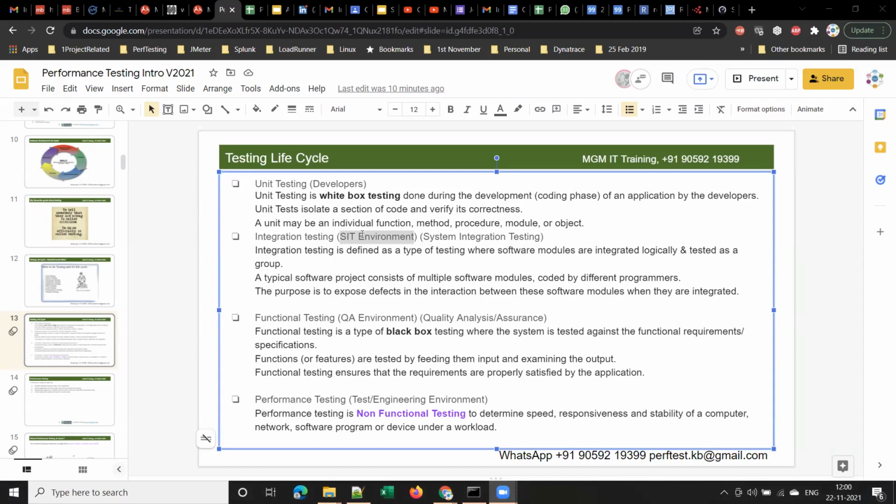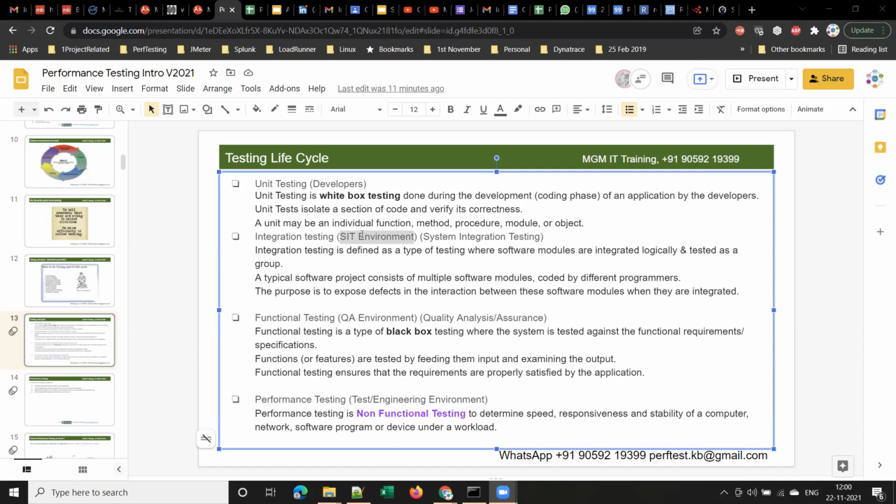Suppose the light that comes from your headlight may be manufactured by some company. Your wheels and rims will be manufactured by some other company, and your steering wheel by another company. Seats will be manufactured by some other company. Yes or no? No single company develops all this. There will be thousands of components in any vehicle, and there may be 50 to 60 companies or hundreds of companies involved in this.